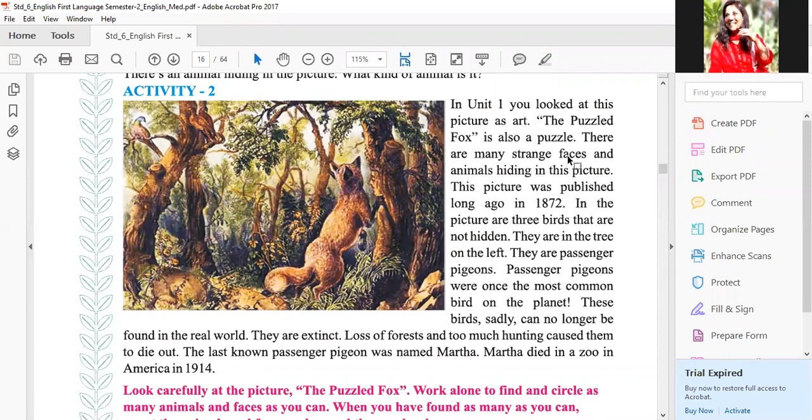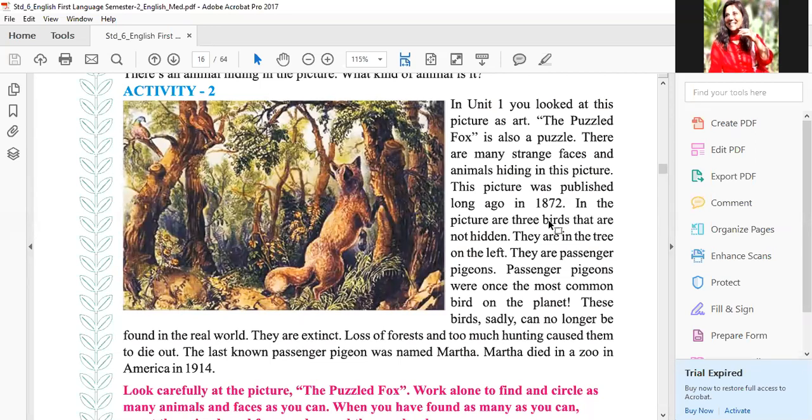There are many strange faces and animals hiding in this picture. Right? बहुत सारे animals आपको देखने को मिलेंगे, बहुत सारे human faces आपको देखने को मिलेंगे, birds and animals and all. We have to find out how many faces, how many animals do we find in this picture. This picture was published long ago in 1872. Please underline this. When was this picture published? It was published in